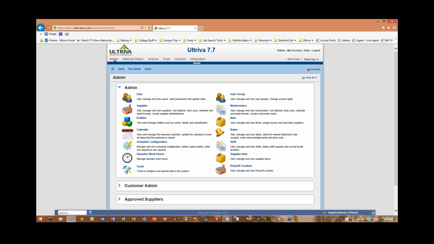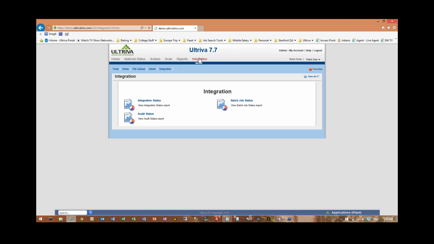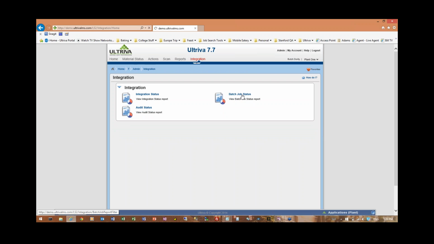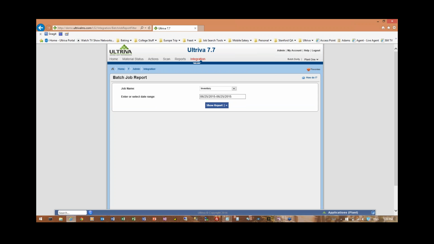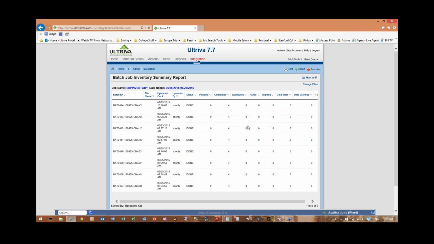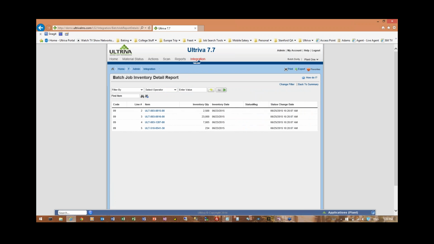and the data is uploading to the system now, updating all of the inventory as required, and then taking any actions that are needed. And we can quickly check how that went by going to our batch job status and look at the inventory job for today's date. And we're going to look at the top row, because I've done this a number of times today, and see